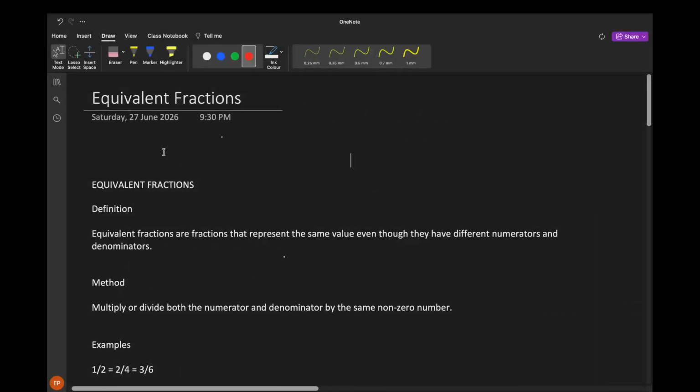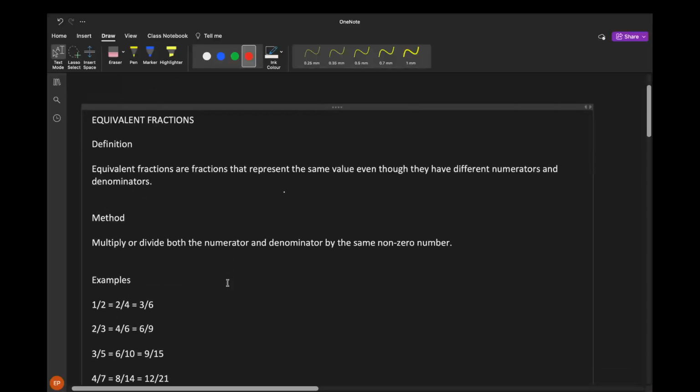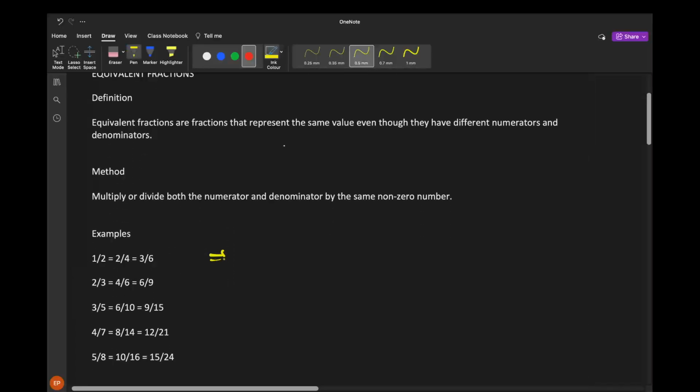Hello everyone. In this video, we'll see equivalent fractions. Equivalent fractions are fractions that represent the same value even though they have different numerators and denominators. See here, 1 by 2 is equal to 2 by 4, which is equal to 3 by 6. Here you can see the numerator and the denominator are both different from each other, right? But still these three are equal